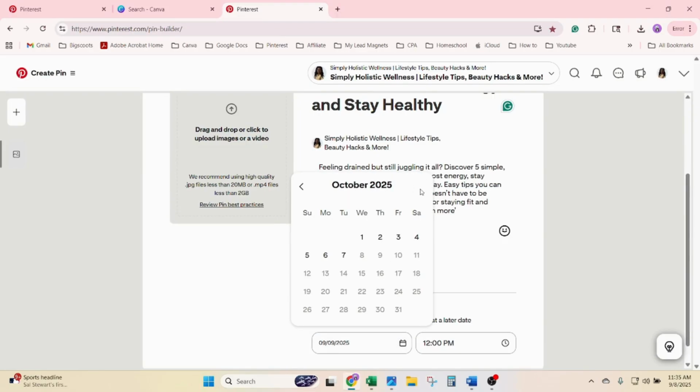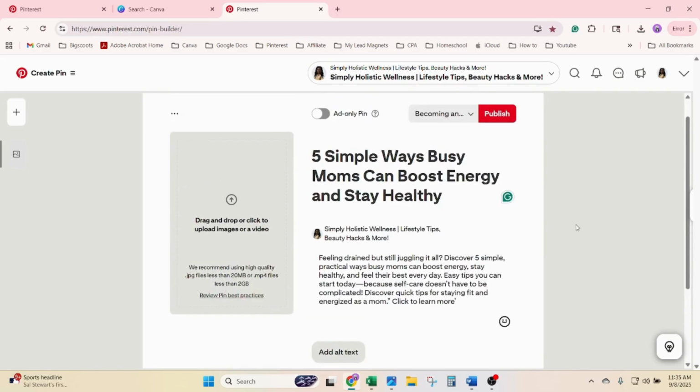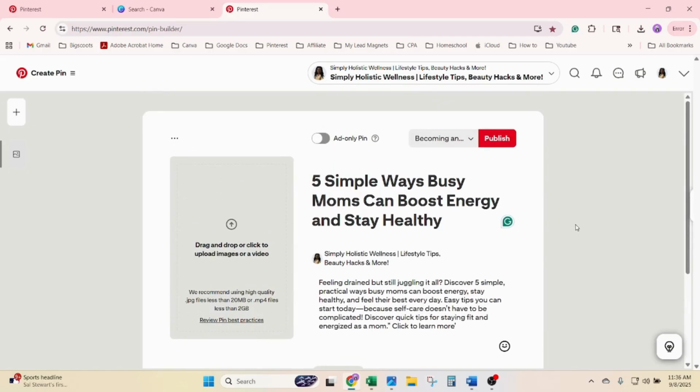And you can pin a few times a day, or like I do, I batch and schedule my pins once a week. And I use a tracker in my Pinterest AI prompts and planner bundle to keep track of my